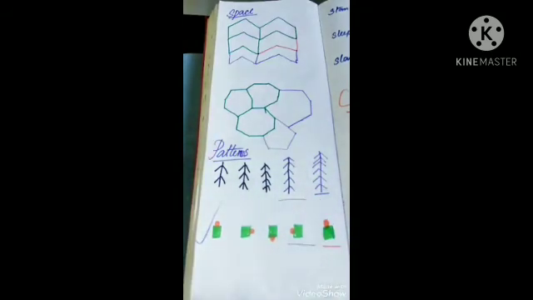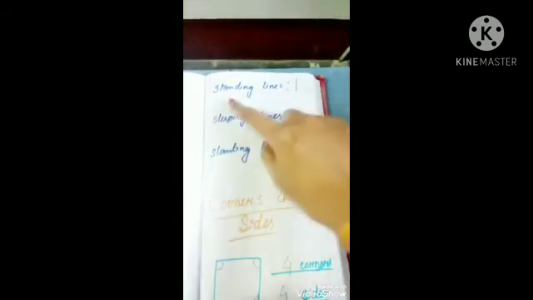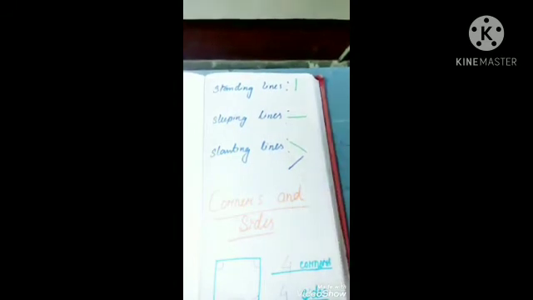Okay, so now let's see about some lines. As you know, you can draw several kinds of lines, right? So here this one, the vertical line, is called a standing line. You can see this line is standing, right? So this is also called a vertical line. Sleeping lines, that means this one. If lines are like this, this one is called a sleeping line, and it is also called a horizontal line.